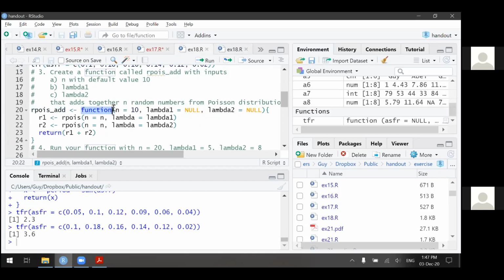We're creating a function, so we use the function. We need to type function, and then we need to say what our inputs are going to be, which are n, lambda1, and lambda2. The default value for n is 10, the default value for lambda1 and lambda2 is NULL. And then we're going to have some actions within this function. So we're going to create an object R1. It's going to be generating whatever the n was. So in the default example, that is 10. So we're going to get 10 random Poisson numbers with a mean value depending on whatever's given